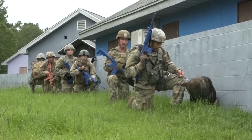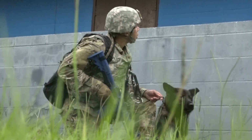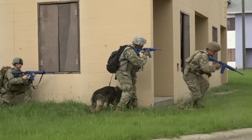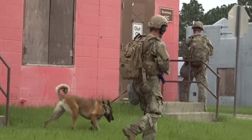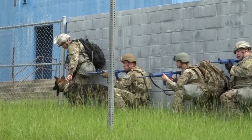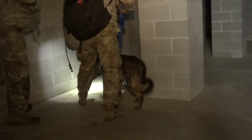The training culminated at the end of the week in a final exercise where the handlers and their dogs worked scenarios along with teams from 1st Security Force Assistance Brigade and 789th Explosive Ordnance Disposal. These troops swept through a recreated hostile compound at Selby Range, using all of their skills from that week. They moved from the south side of the complex to the north, where they were asked to breach and sweep a hotel. But during the exercise,